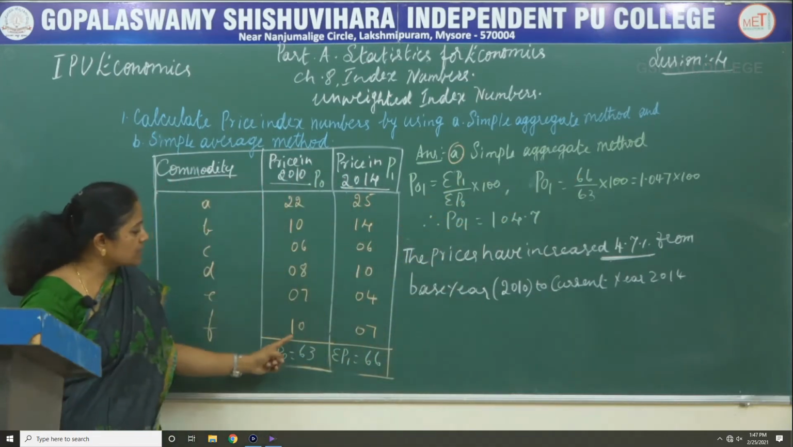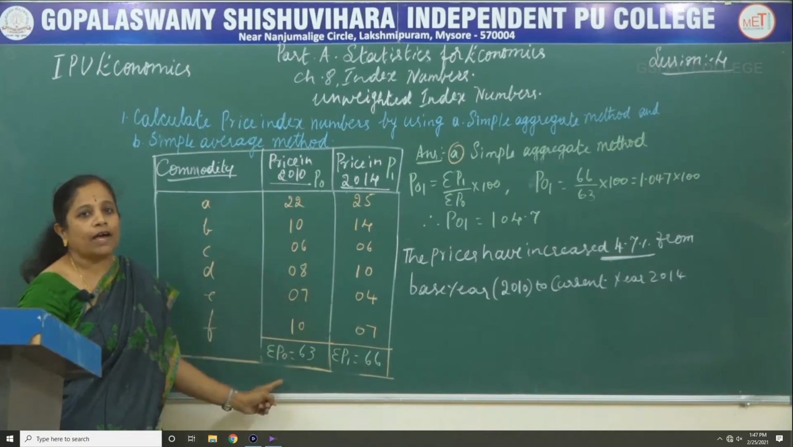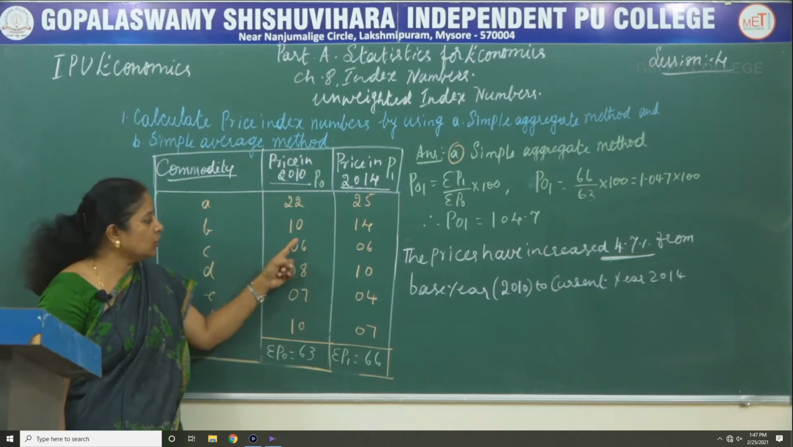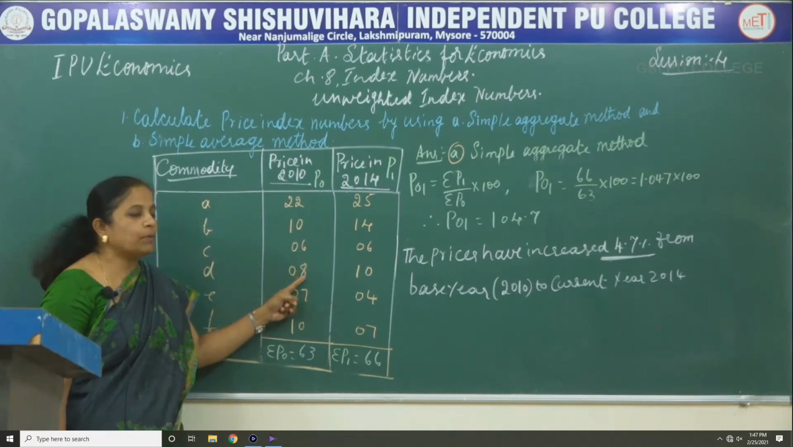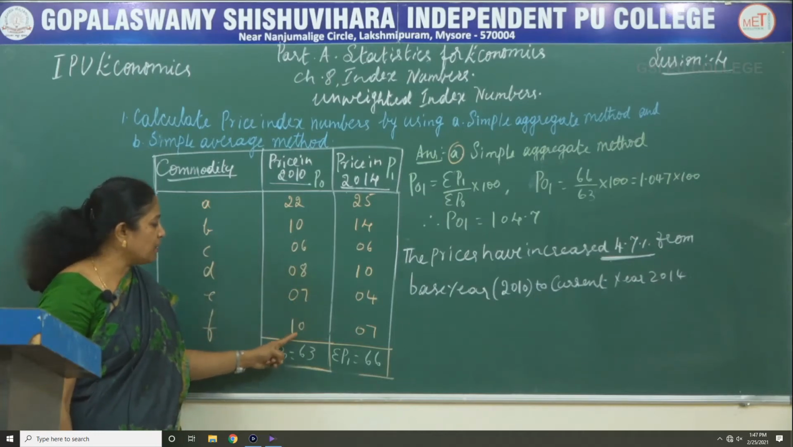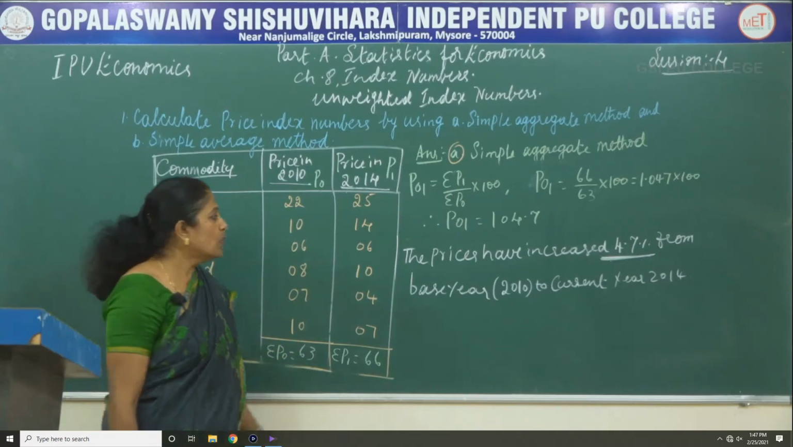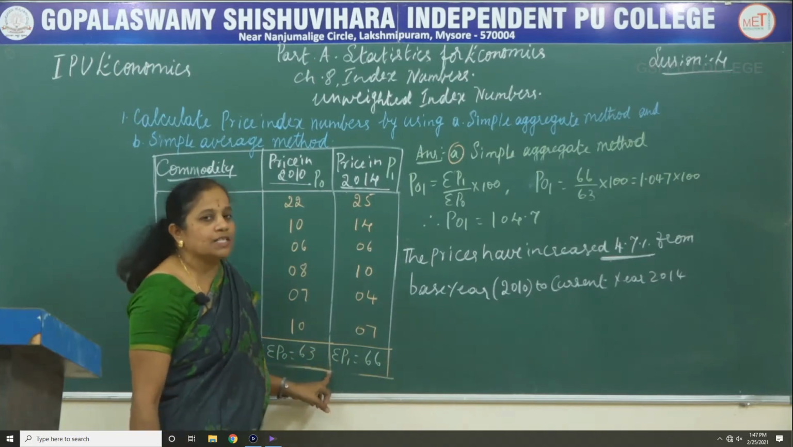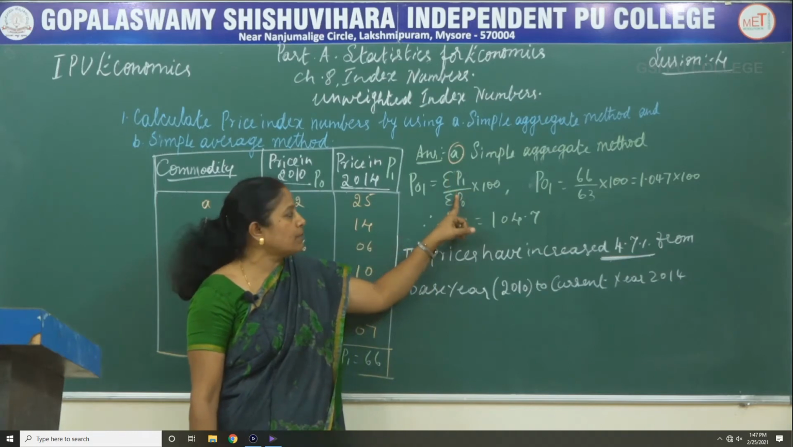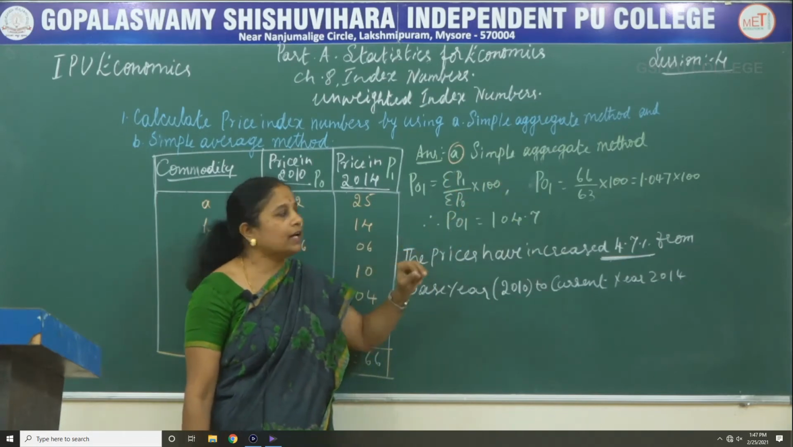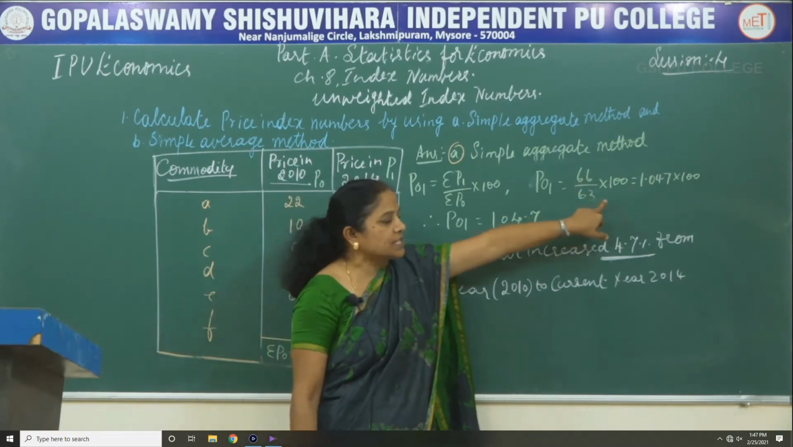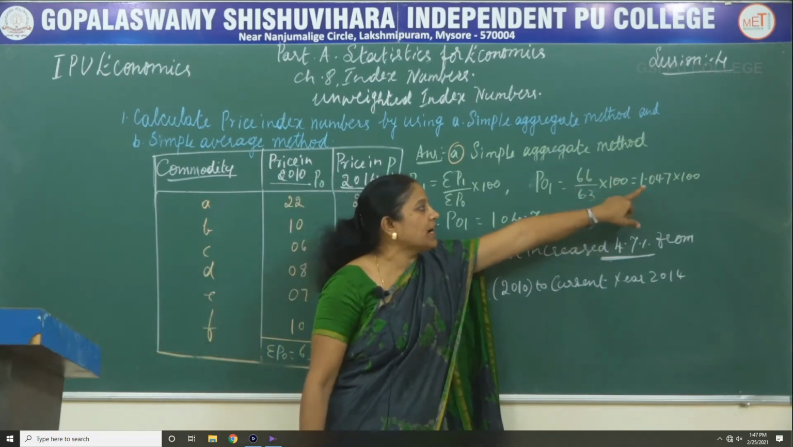So sigma P0, the total of all the values of the base year, is 22 plus 10 is 32, 32 plus 6 is 38, 38 plus 8 is 46, 46 plus 7 is 53, 53 plus 10 is 63. So the sigma P0 is 63. In the formula we divide sigma P1 by sigma P0 and multiply it with 100. So sigma P1 is 66, sigma P0 is 63 and multiply with 100 we obtain